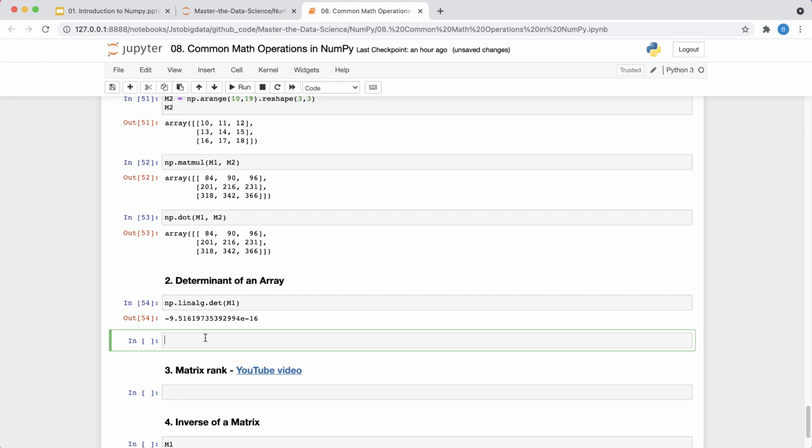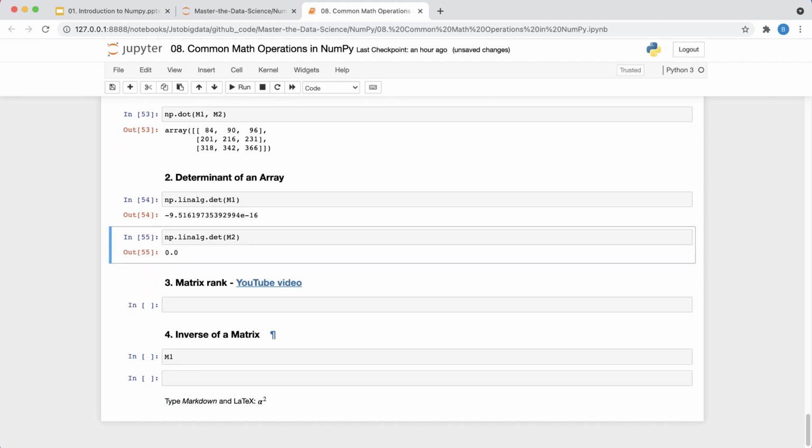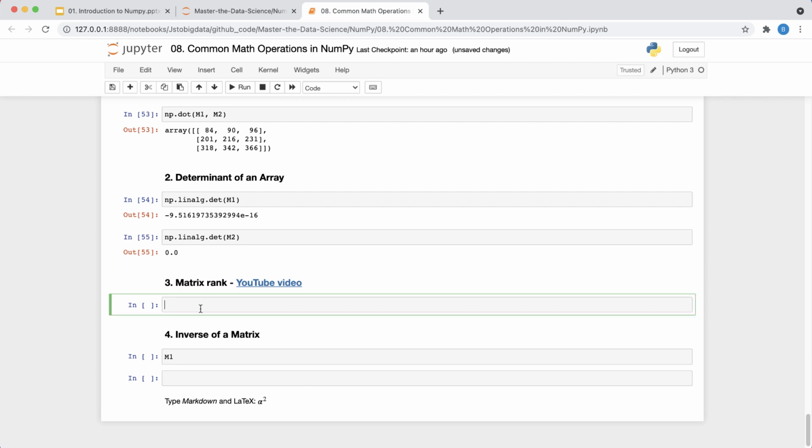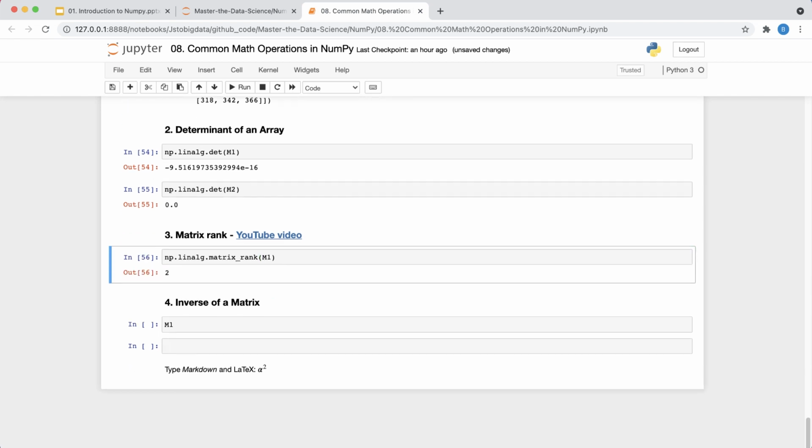And similarly if you want to find the determinant of another one, that is m2, you can also do that. Then if you want to find the rank of a matrix, do linalg.matrix_rank. I want to find the rank of m1, so it is 2.